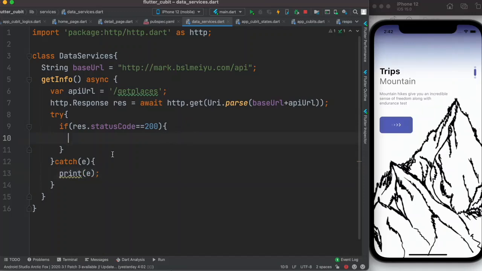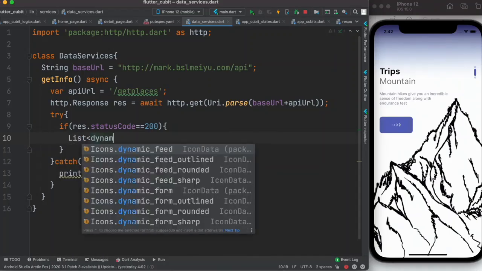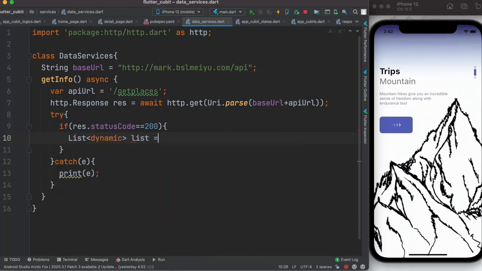So once you get the data, you need to decode it. Okay, all right. So now here you want to put the decoded data in a list which will have a dynamic type, and we'll call it list. Now within it, we need to decode the data. The data is within this, right? Well, it does respond with a lot of things, so we just want the body of this data. So we do